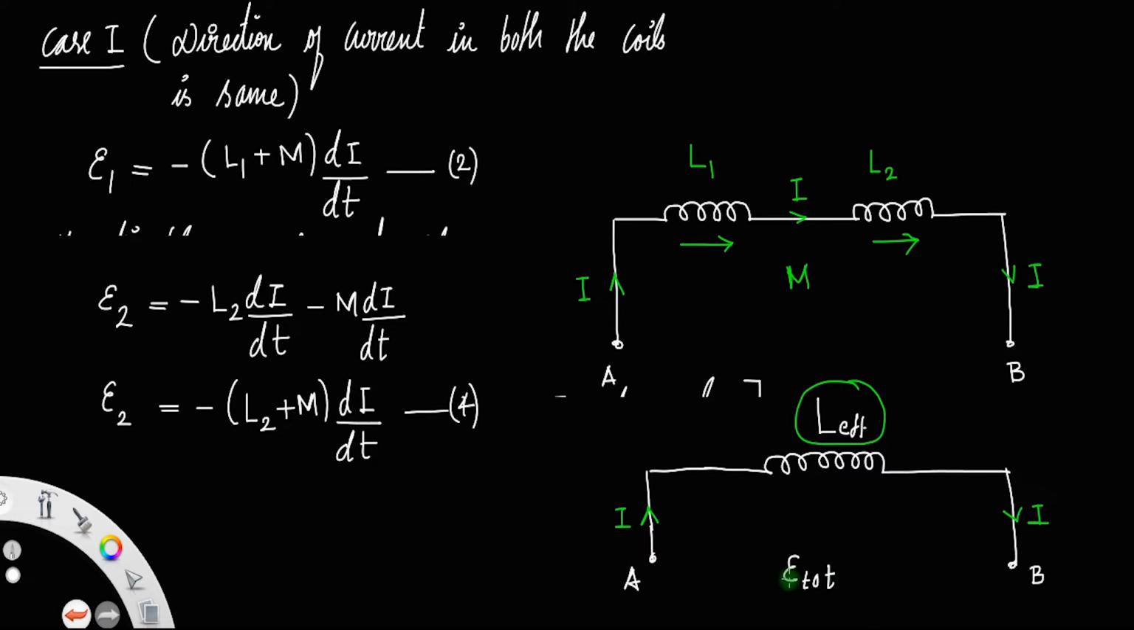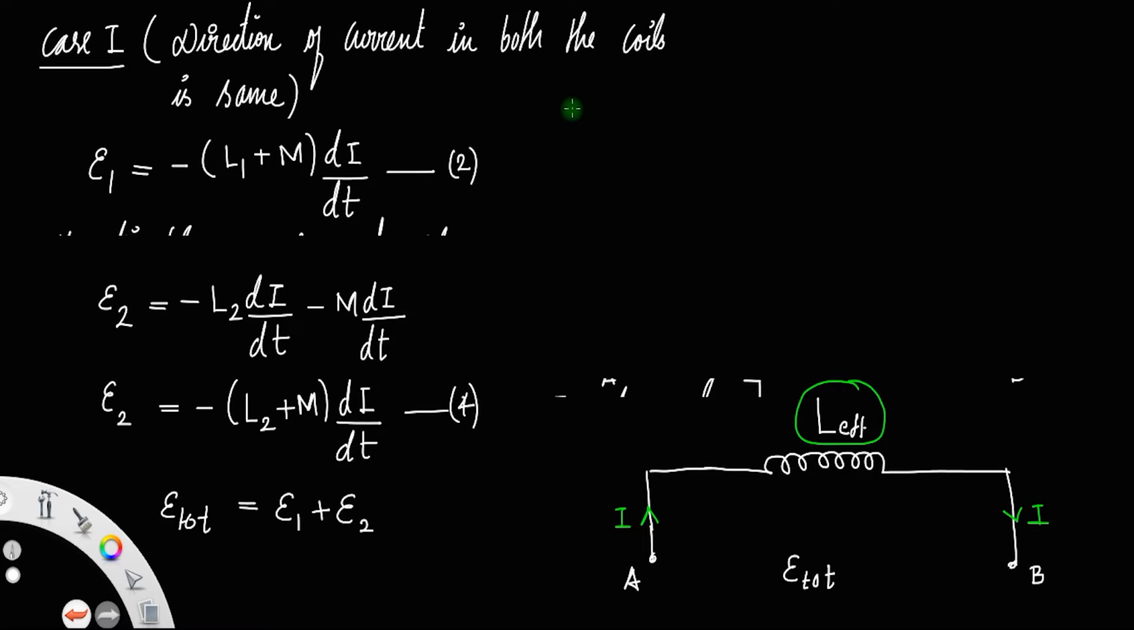Let's represent that as E total. EMF across this L effective will be E total. Now, by the conservation of energy or potential, you know the total EMF developed, E total, will be E1 plus E2. Clear? That is according to the law of conservation of energy. Now we have, let me erase here, that is E total